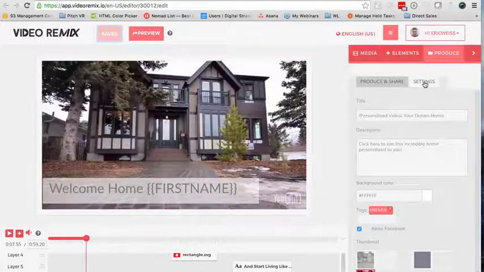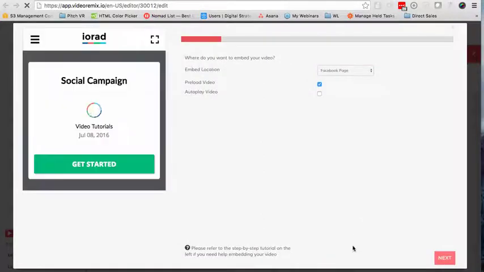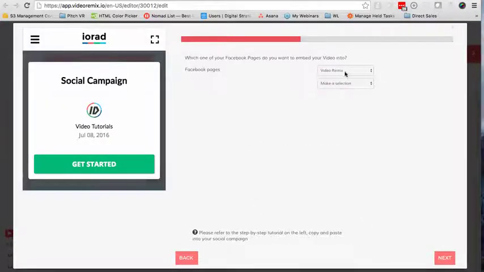And I'm going to go to produce and share, where I'm going to select social campaign. I'm going to put it on a Facebook page. And then I'm going to select whatever Facebook page that I want. And I'm going to say personalized home, or whatever you want it to say. So this is going to create a tab. Then next,